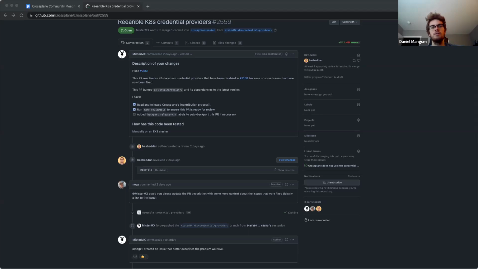Go Container Registry, the library that we use to do all of our interaction with the registry, has support for K8s credential providers. Basically, there's a fork of the Kubernetes credential providers that an individual maintains and is bundled in, and you actually compile them into your project rather than just include the library. So you'll actually see in our makefile, and this is what this PR is changing, that we're disabling compiling